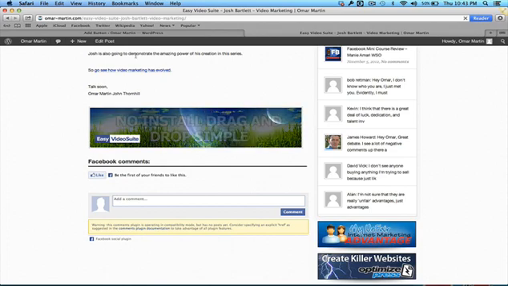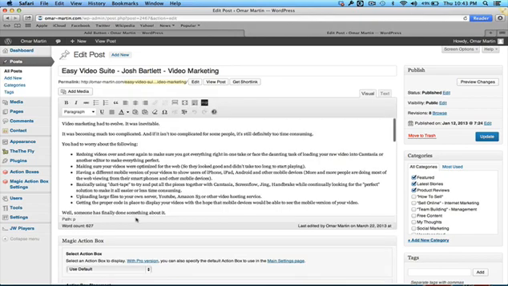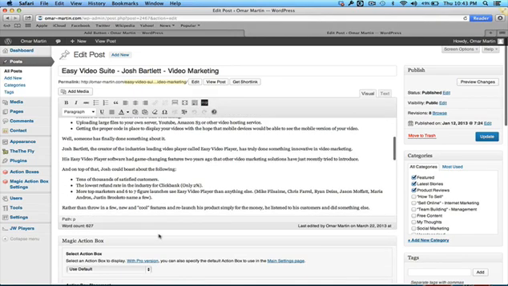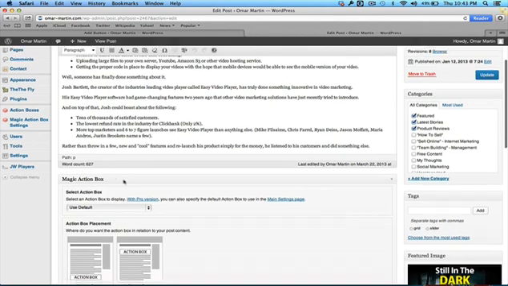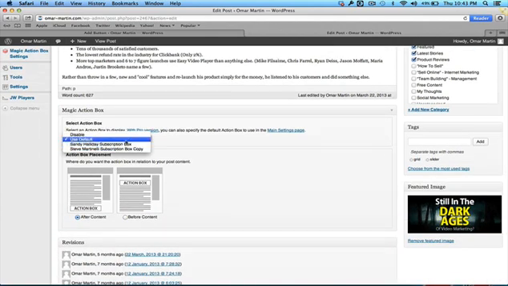So what I'm going to do is edit this post, and I'm going to add an action box down at the bottom. At this post here, you'll see how it has the Magic Action Box thing here. I'm just going to say use default. Notice this drop down gives me an option to choose any of the action boxes that I've created. So I have the Sandy Holiday box, I have the Steve Martinelli one, that's another guest author, but I'm just going to use the default one.